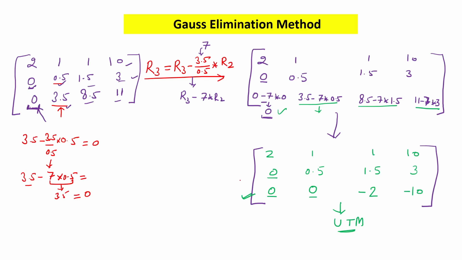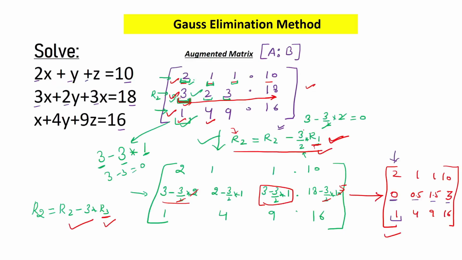Now before moving to the third step, that is, we have to apply the back substitution method, we have to check one thing. If you come here at the first row operation, you have taken this as 3 by 2 here. So how did this 3 by 2 come? You are changing row 2 using row 1. So you have used this 3 in the numerator and this 2 in the denominator. That's why this came as 3 by 2. So this is actually a ratio.